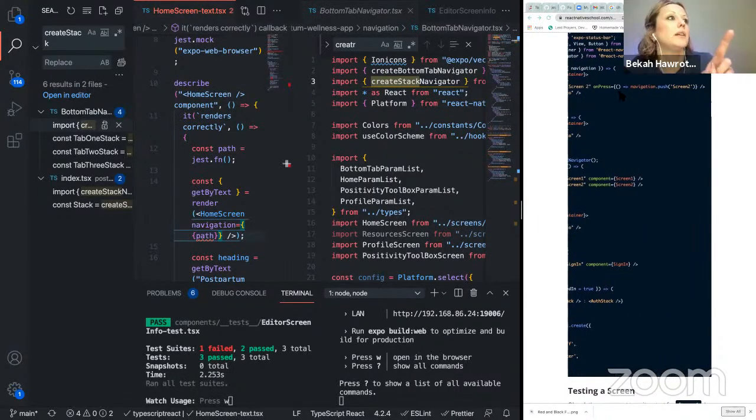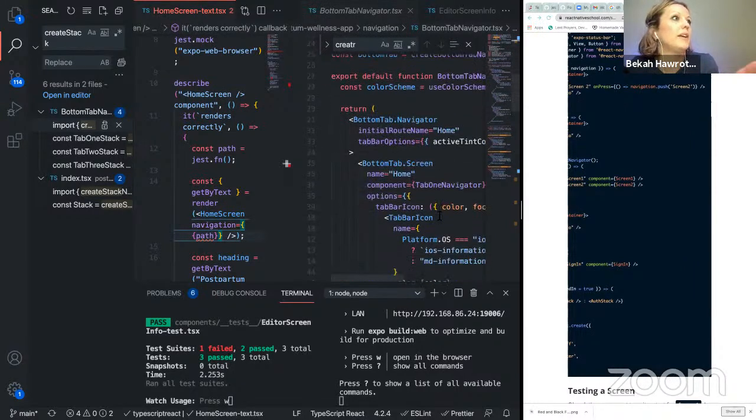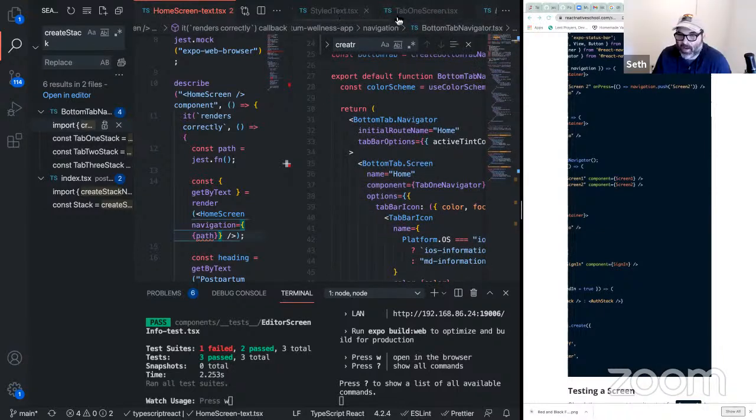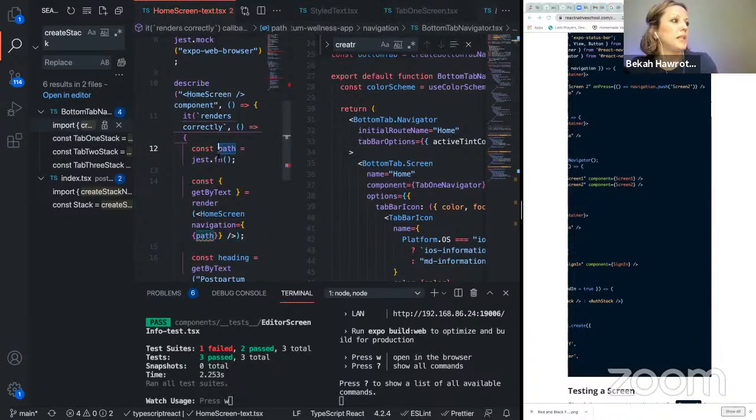Whoa. Okay, wait. So he has navigation dot push screen 2. What do we have here? We have navigation dot replace. So it's just a routing thing. We're replacing the route as opposed to pushing, right? Which would replace the history, I think. Something like that.